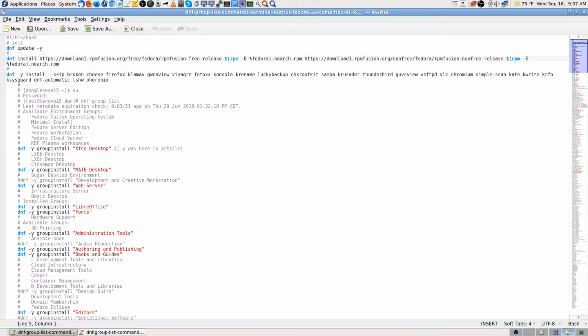If your script will run and not hang up without that, or if you're watching it, you can answer it. The best thing to do would be to not put that in there and then watch it and answer it. And then maybe once you've figured it out, and if you do want to keep using it, I just use these when I build a new machine. I don't do it all the time. But if you watched through it and you knew that it was okay to put skip broken in there,